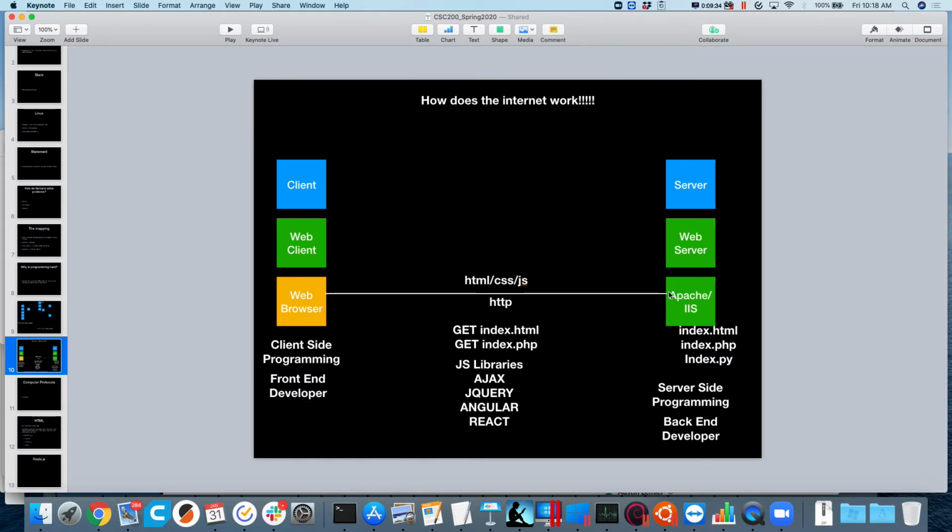They might be frustrated by the back-end developers over here who maybe are taking too long to get them the server-side piece for them to test their front-end website. You have a username, password, login thing, and you hit the submit button. These folks over here can design that page, and when you hit the submit button, it's sending a request over here. Now they're reliant on these people